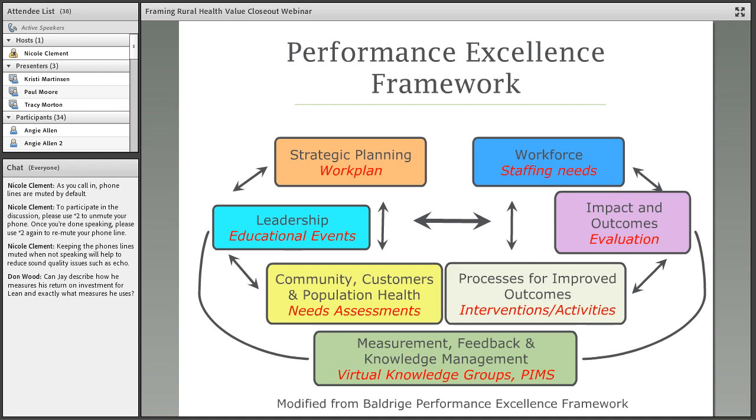So thinking about what the performance excellence framework means in terms of the FLEX coordinator specifically, just to echo what Paul said in terms of the critical access hospitals, the FLEX coordinator role is also kind of unique, and so the performance excellence framework is the opportunity to just think through all of the issues that you have to deal with through the FLEX program and think about how you can focus on each of these different categories to help you better understand what your role is, where your needs are, and how to make things move from overwhelming to a little bit more manageable.